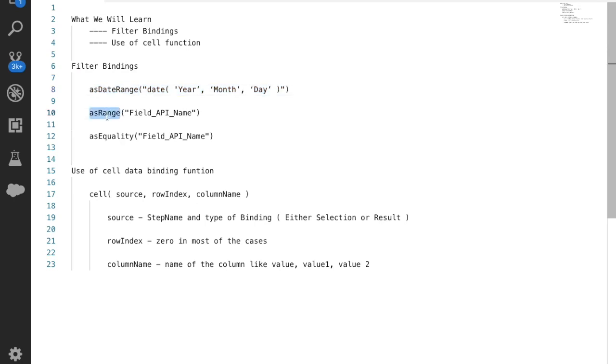Second one is as range, like you have some amount field and you want to specify some values like 0 to 10, or you want to specify some values 10 million to 20 million, that we can use here as the as range function. We will also see examples of this, and we will also see as equality,